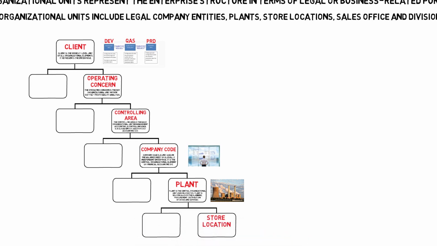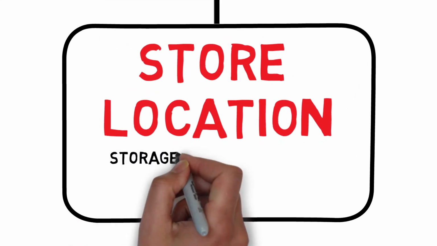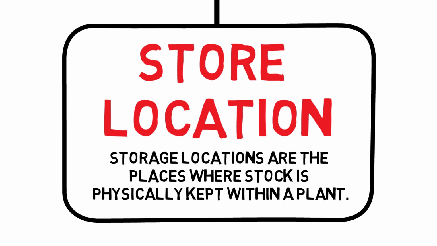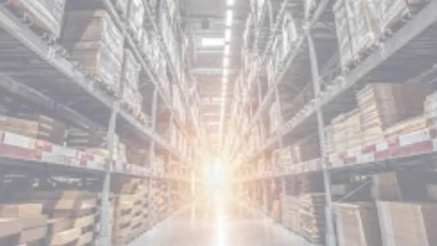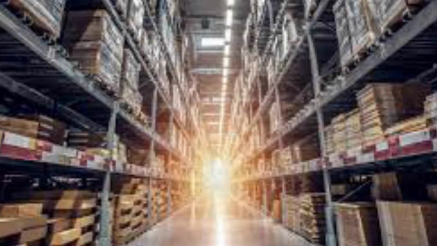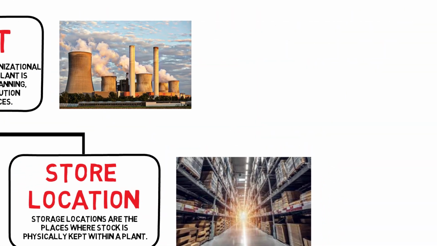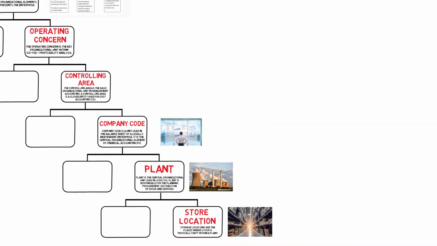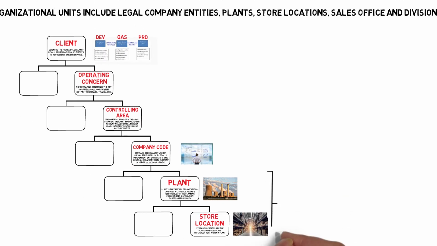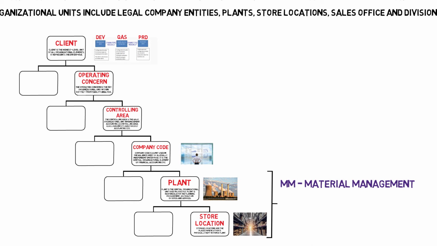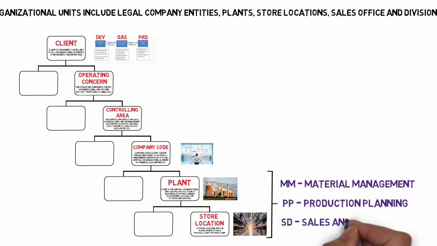Storage location. Storage locations are the places where stock is physically kept within a plant. They are also used to define an organizational unit that allows the differentiation of material stocks within a plant. The processes that occur in material management, production planning, and sales and distribution